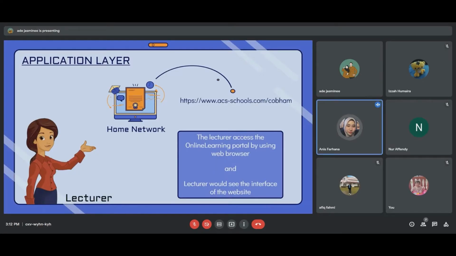The first layer is the application layer. The lecturer in this scenario is to log in to the online learning server. The first thing that the lecturer will see is the interface of the website. This interface is provided by the application layer. The main objective of the application layer is to display information received and provide the data exchange service to the